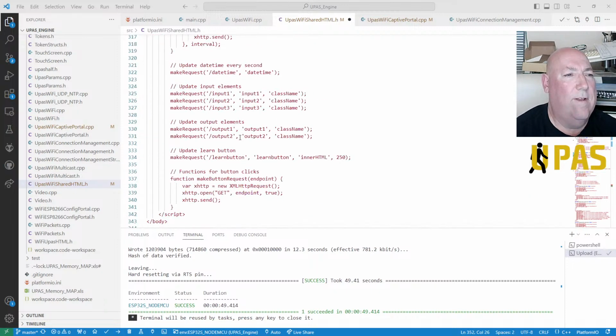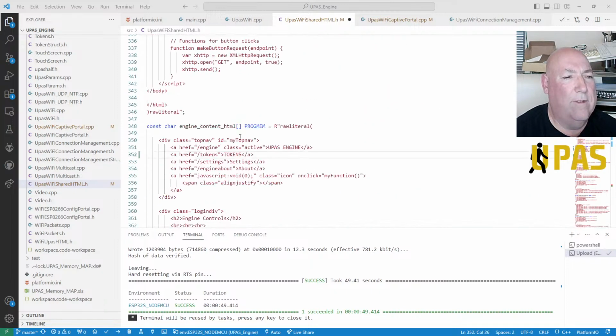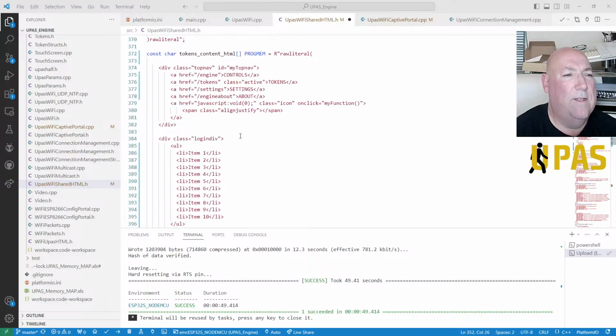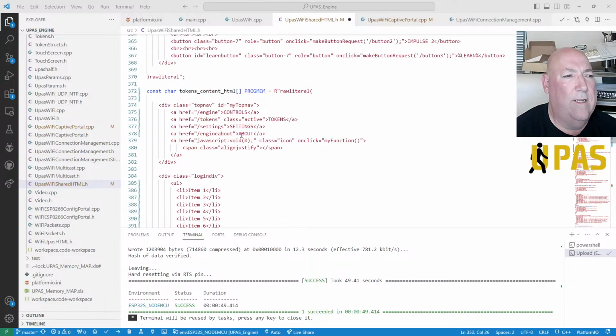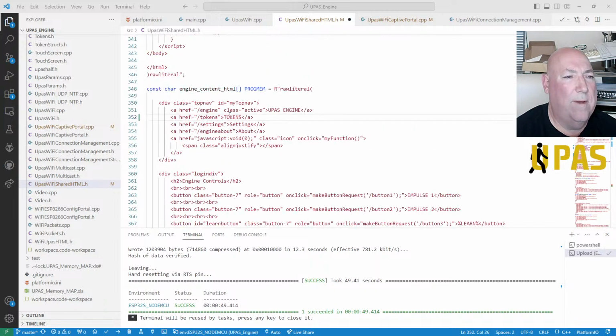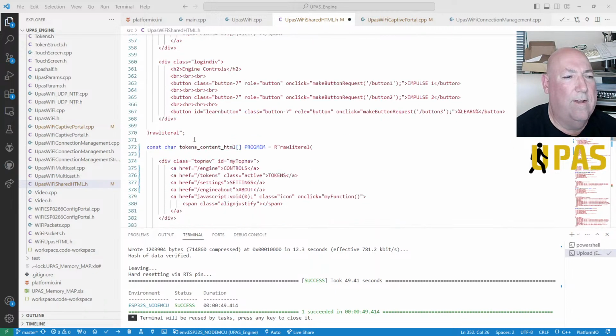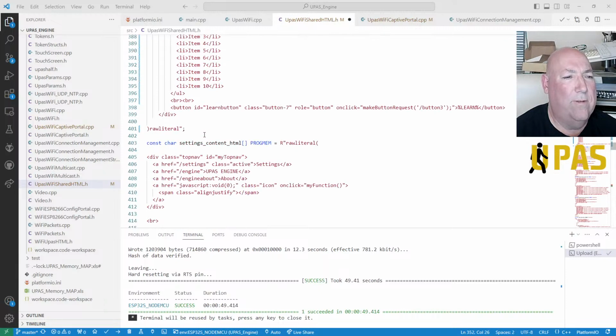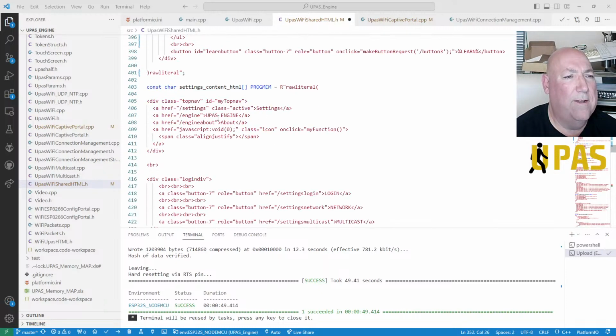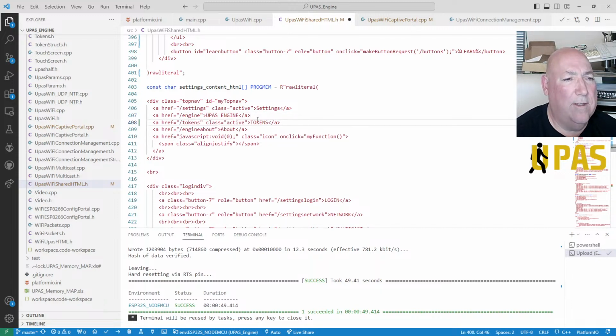So I've got that. We don't need the footer, so we need to do it to the login, not the login, no, it's the main one needs to know about it. We need to be able to go back to tokens from the settings, so we need one in here. So we've got engine. This needs to be reordered as well. It's in the wrong order, so the class won't be active. Take it out of there.